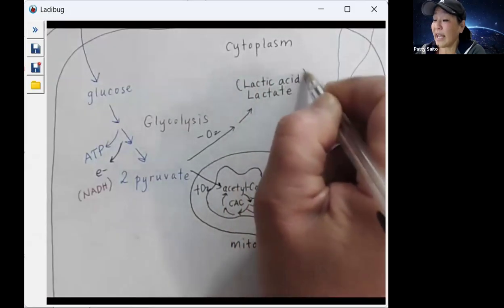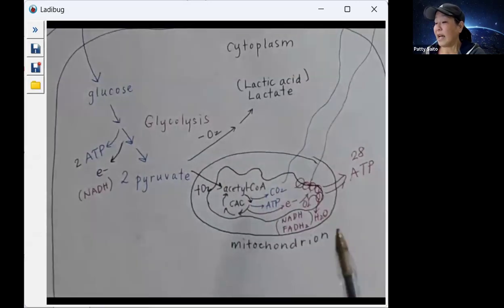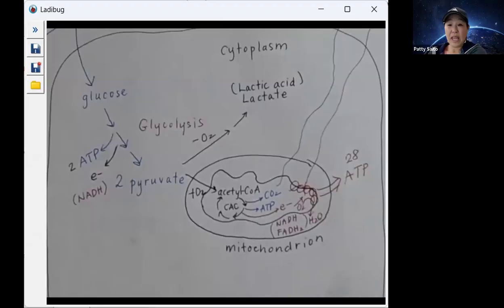And we do get, again, a little bit of ATP. I'll put 2 here in that process. Some people call this fermentation. Okay, so if we are a different molecule, a different organism, let's say we're